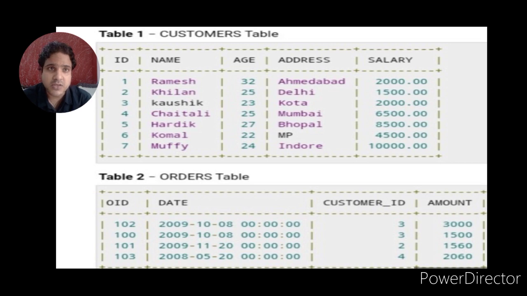The second table is the order table. It contains 4 attributes: OID meaning order ID, date, customer ID, and amount, along with 4 tuples. Here order ID, OID, is the primary key of the order table.